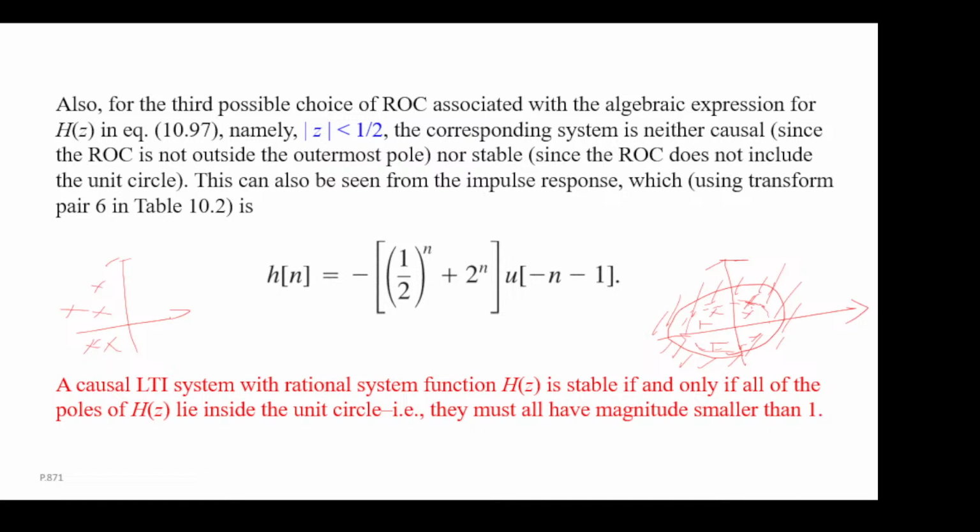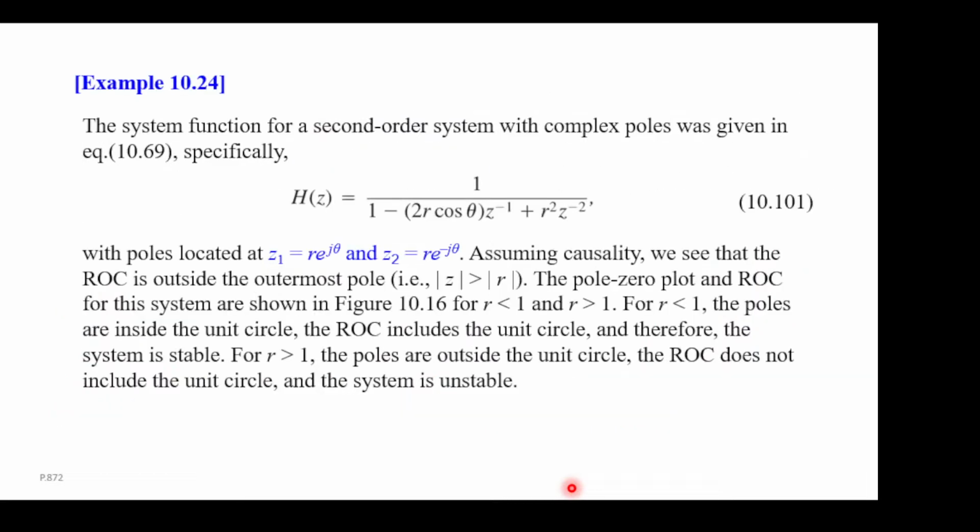Okay. So this question about this example. So this is how you analyze stability and causality for the z transform. And let's see a little more example. So this is the system function for a second-order system, which we skip the derivation, but it has this form: